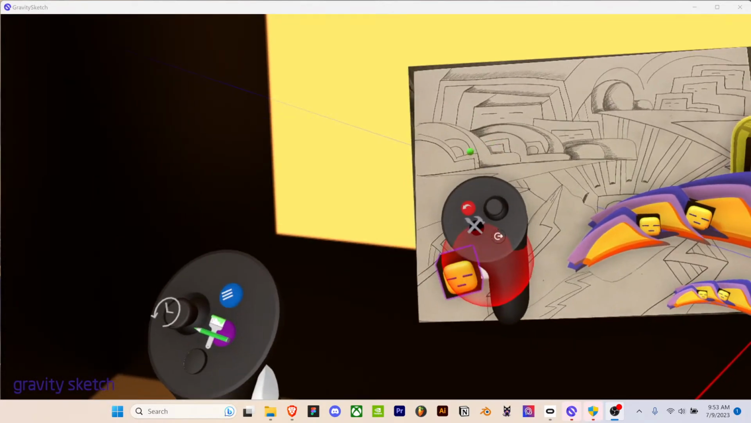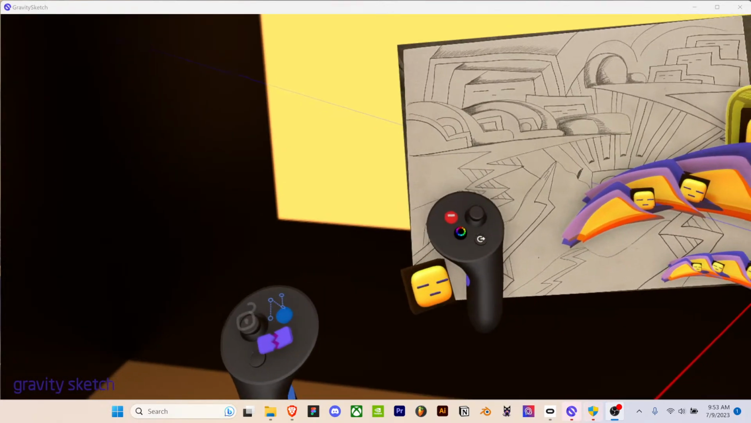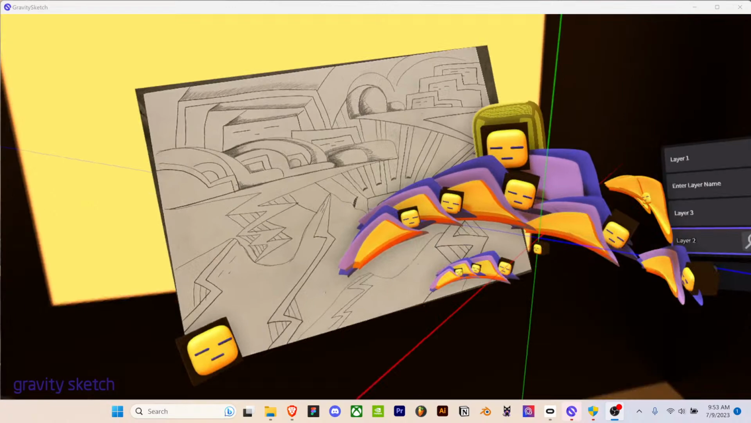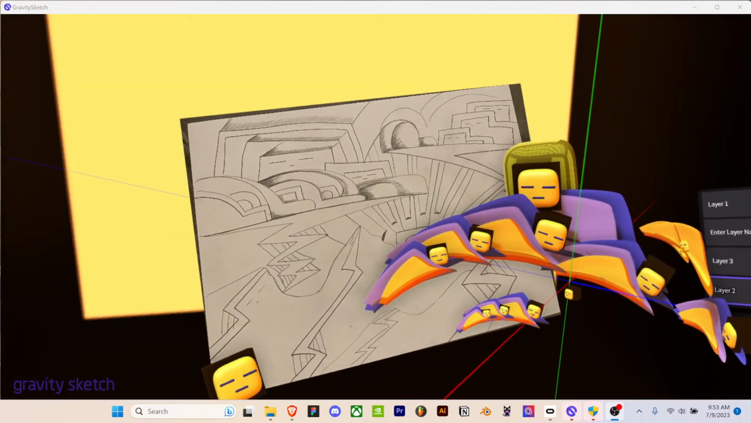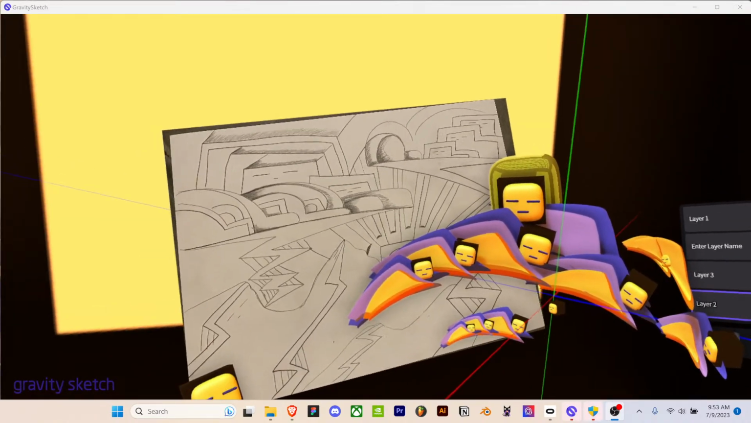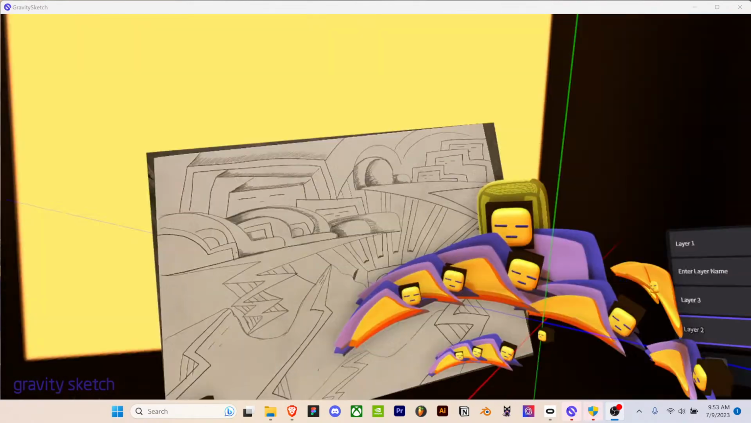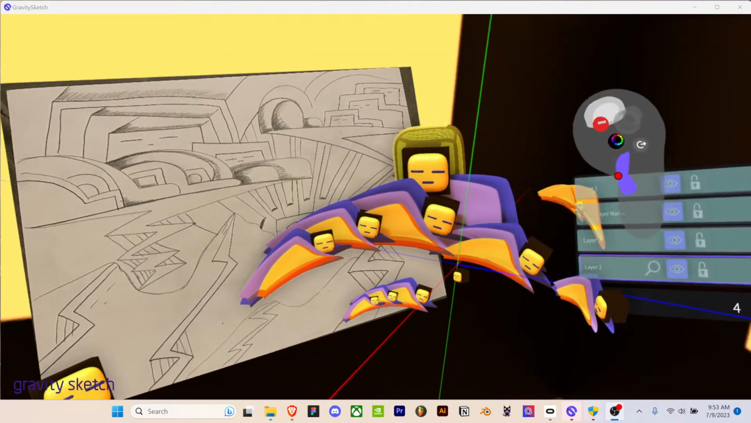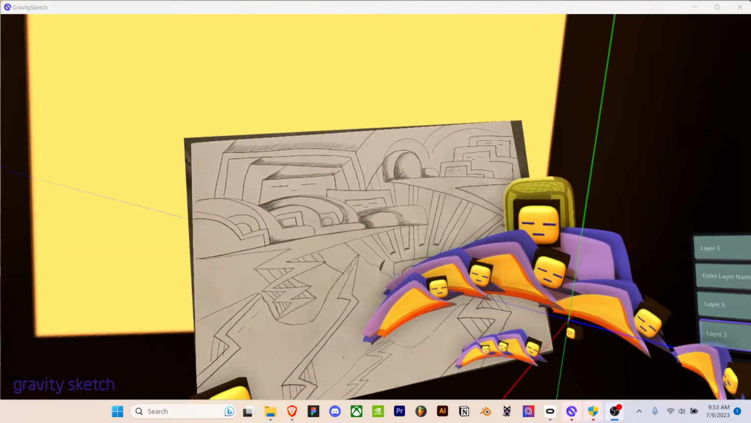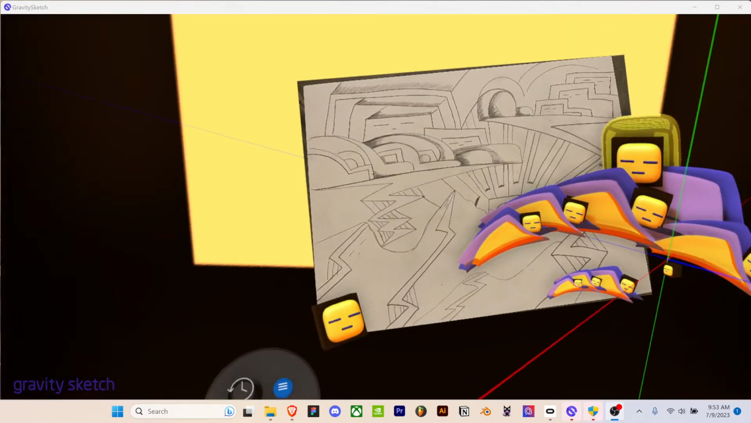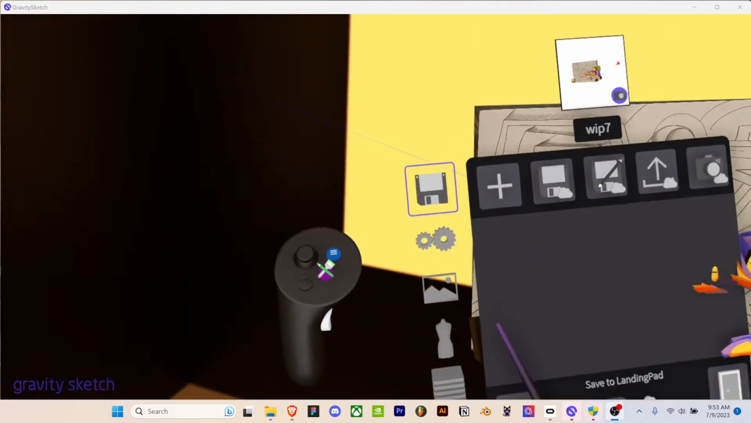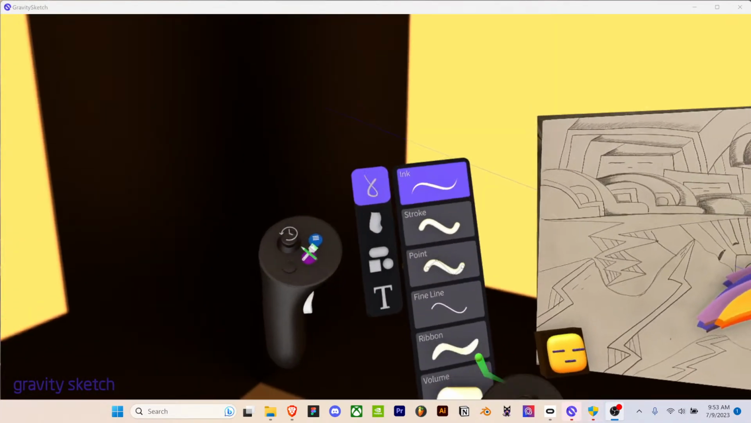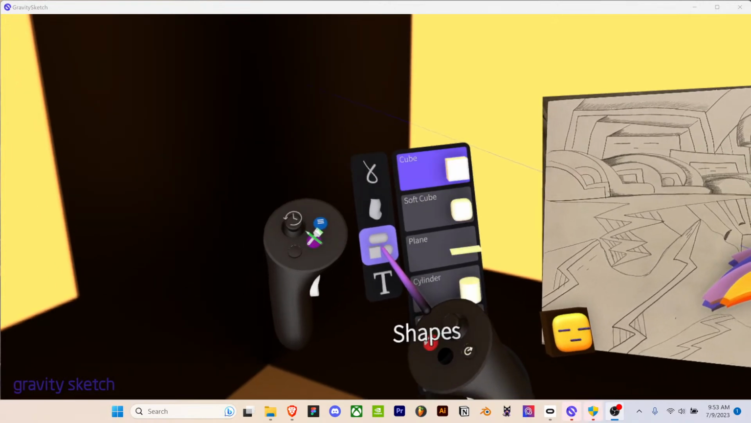And why I love Gravity Sketch is it's the closest medium that I've experienced to paper and pencil, but in 3D form. Within here, I just want to give you guys a quick overview, and then we can dive into some new designs as well. Within Gravity Sketch, there are all these fun tools to design all sorts of different